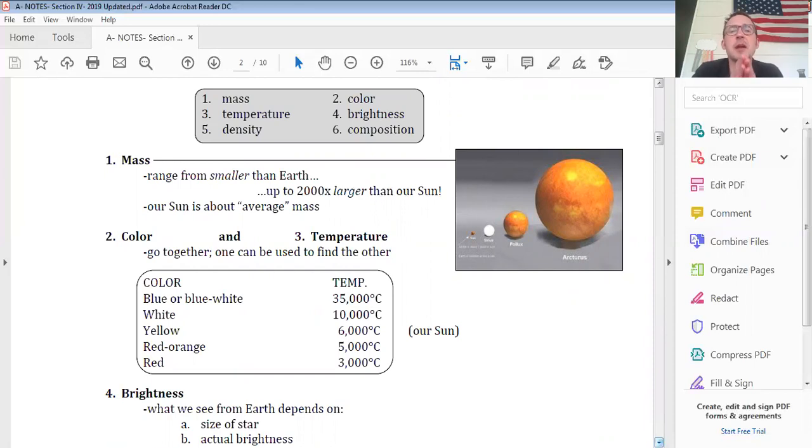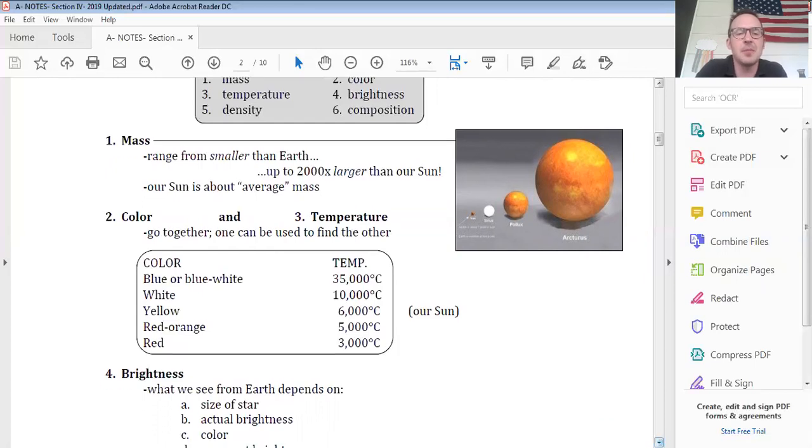These are stars, everybody, that are so large, if you put them in our solar system in place of the sun, they would engulf all the planets out past Mars. And yet on the flip side, there are some stars so small you could fit them in between Altoona and nearby Tyrone, only about 10 miles away in that direction back behind me there. We are going to see that our sun is about average, and a common theme throughout section 4, everybody, our sun is a very average star. We'll learn more about that in a bit.